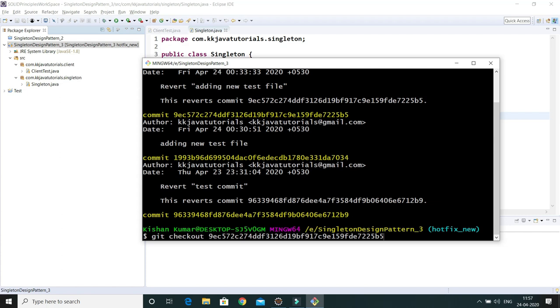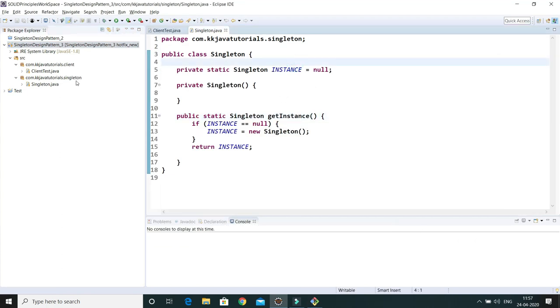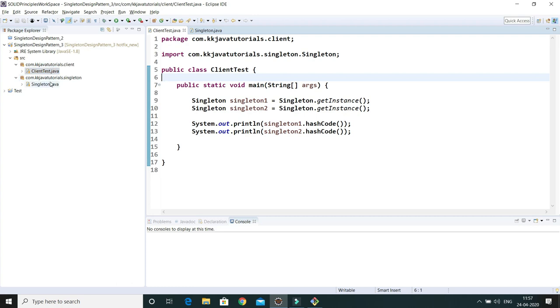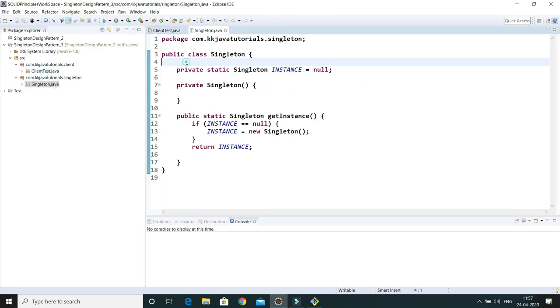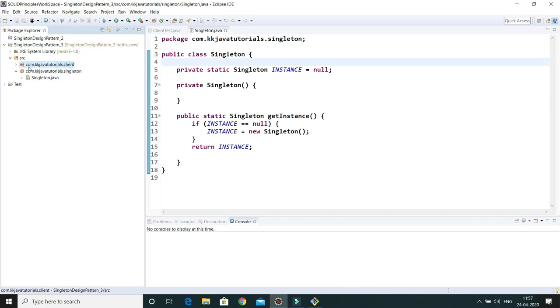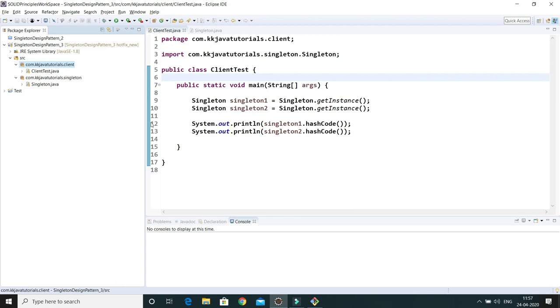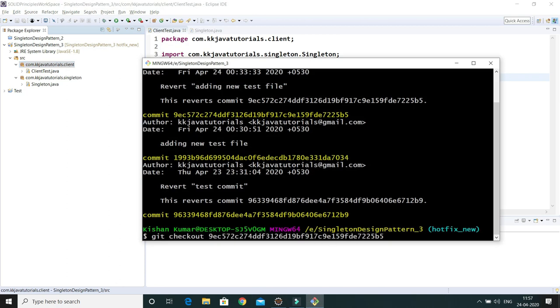Before that, let me show you my workspace. My workspace has two packages and two files, and if I do the git checkout for that commit, in that commit I had added a javadoc here, and I had also added one test.java file in this package. So that will come into my workspace when I check out on this commit.